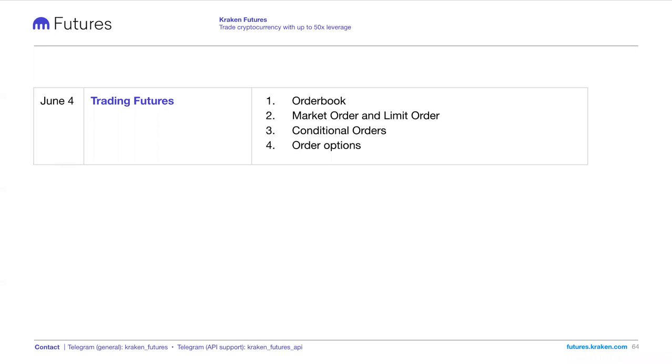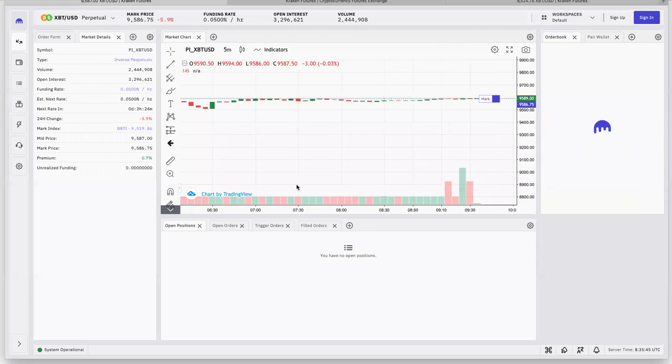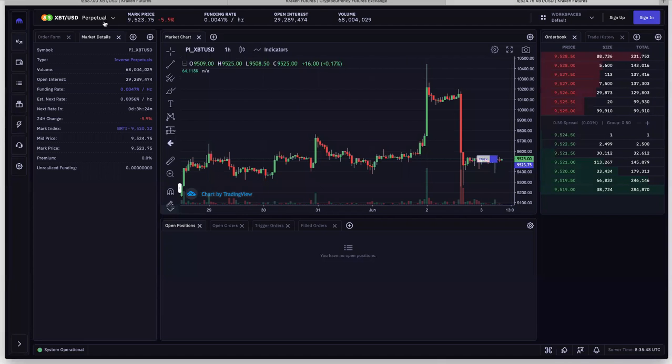Next one was, could you please explain once more how the funding rate affects your Bitcoin holding? Say we open a 1 Bitcoin perpetual contract long. How much will be deducted every 4 hours? Please give an example. Yeah, Kim, do you want to go to the platform? So if you look at this funding rate amount here, this is how much you would pay per hour, the 0.047% on the size of the position. So if you had 1 Bitcoin, say it was 10,000, then you'd be paying 0.004% of that amount per hour over those 4 hours, for as long as the position is open. So it's about 47 cents an hour if I'm doing my math correctly, on a $10,000 position. Yeah.